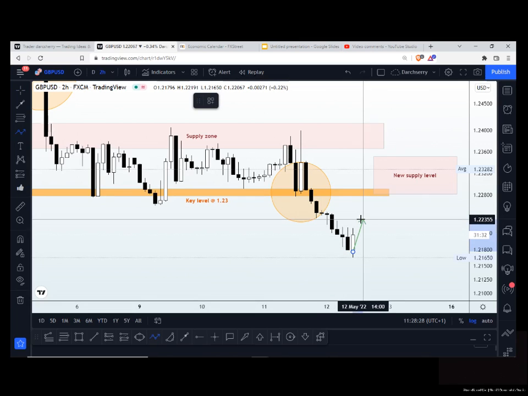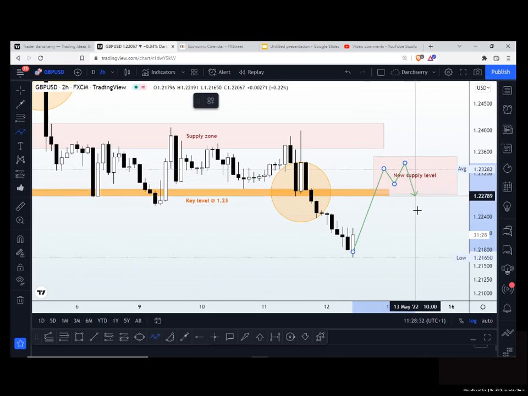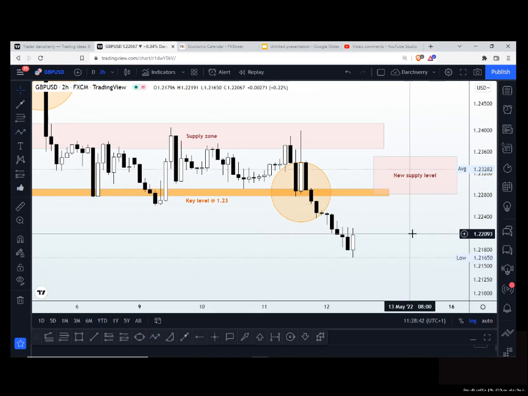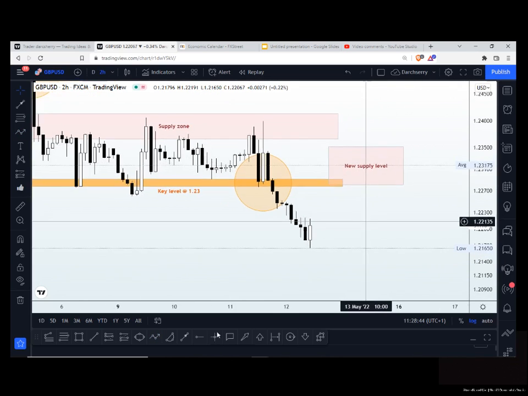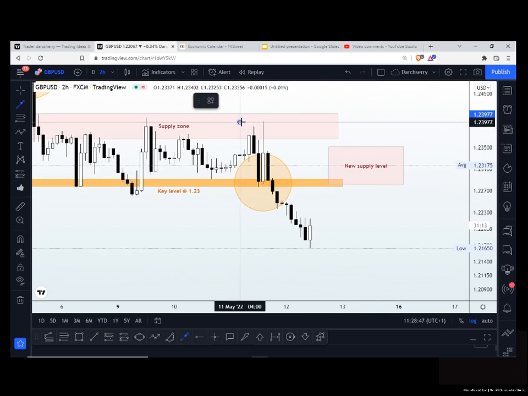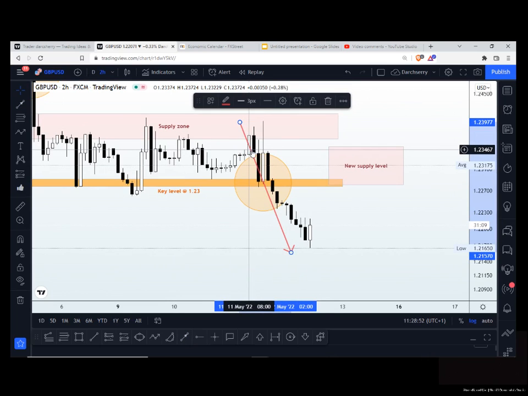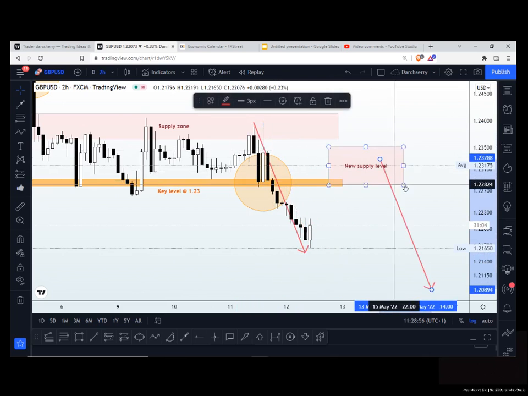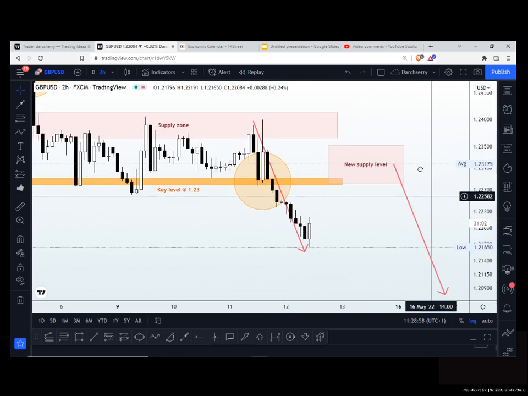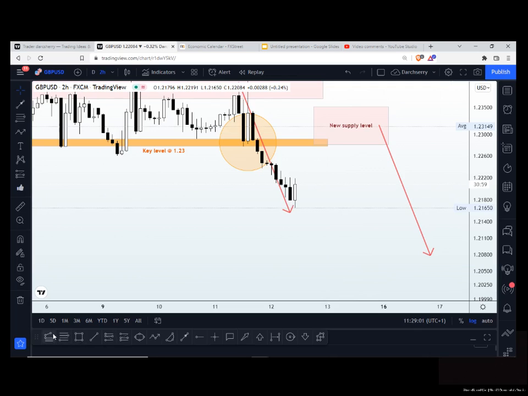But for the sake of this video, we have something around here, and then we'll be looking for structures that will support, then probably a breakdown of that key level one more time. A retest of that key level will send price crashing down to the downside, and then we can be extending our this impulse leg as our new take profit target, in such a way that we can use our extension tool to actually have an accurate figure where we will be looking at a minimum of